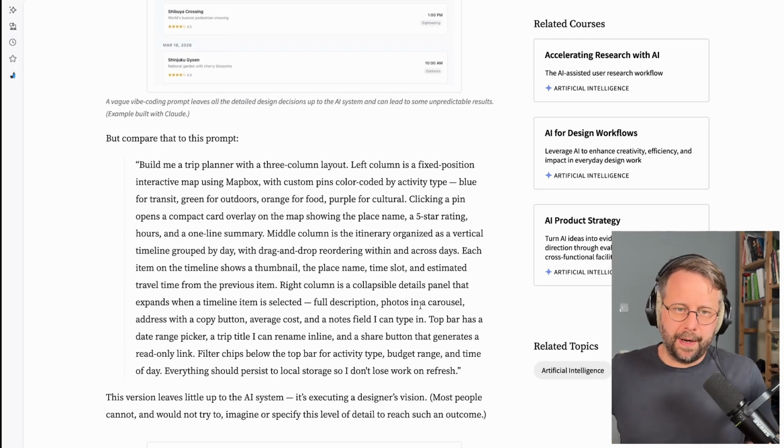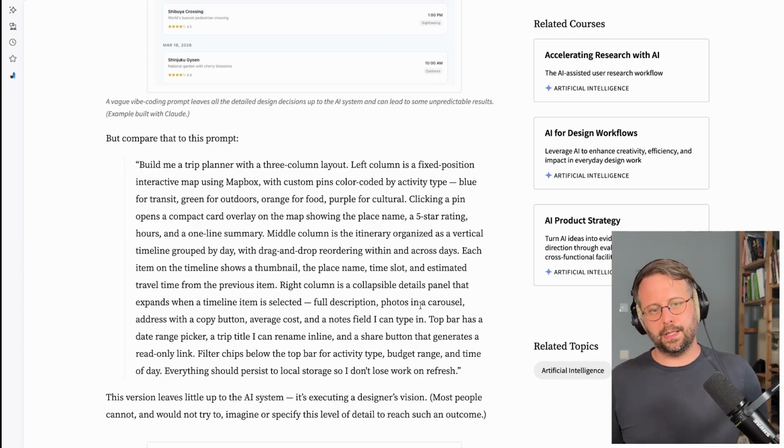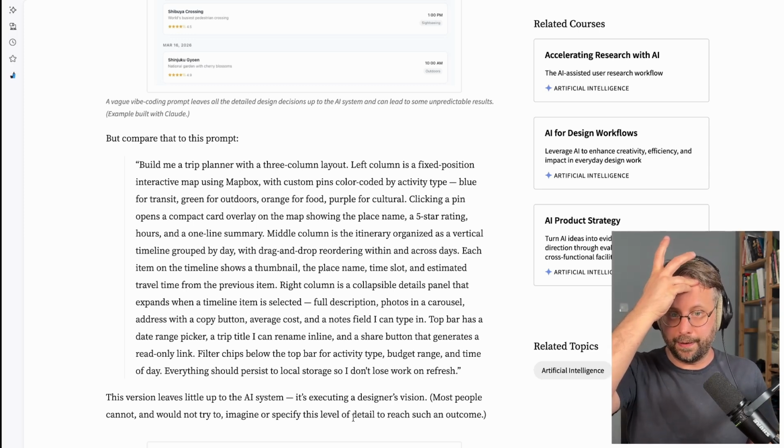Okay, but compare that to this prompt. Build me a trip planner with a 3-column layout. Left column is fixed position, interactive map using Mapbox with custom pin color coded by activity type. And then it goes on and on and on with design decisions. And I mean, this is kind of what I'm asking for. If you do it like this, probably you've sketched it out beforehand, or you have a very clear idea. But